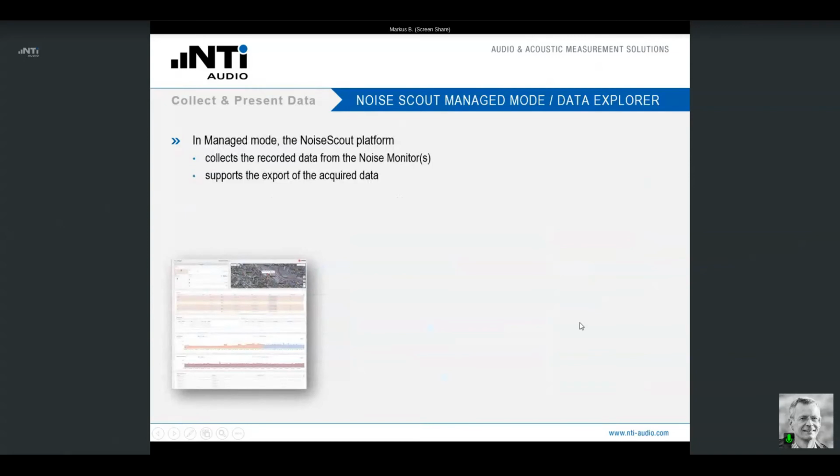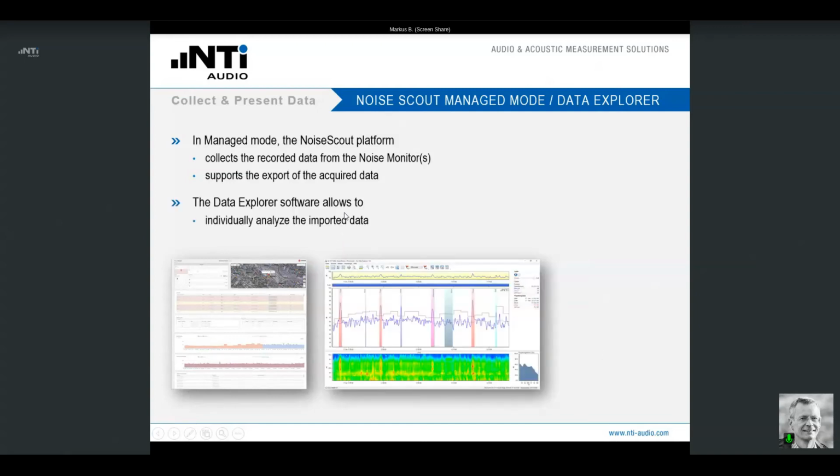Now, a few more words about the Noise Scout managed mode. In this mode, the Noise Scout platform collects all the recorded data from the noise monitors, and it supports the export of this data to the Data Explorer software, where you can execute the individual analysis according to your demands.